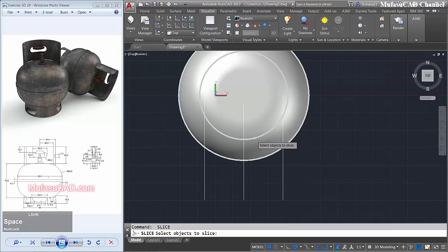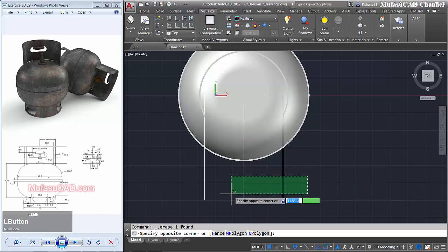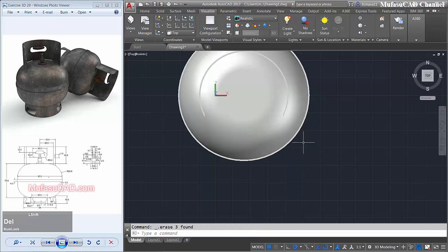Okay, we slice again this object starting from this point to the top here, and the last we slice this object starting from this point to the right here, and enter. Select this object, delete, and select these three line objects and delete.